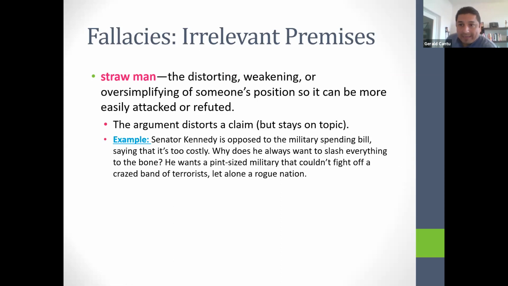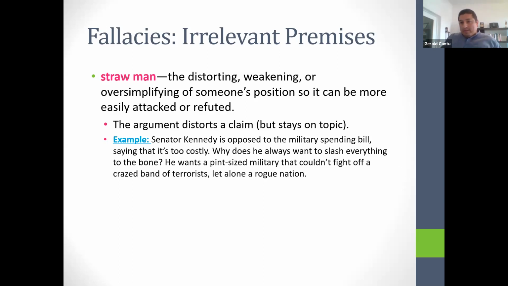Okay, now a straw man, it's related, but it's a little bit different. So a straw man is where you stay on topic, the person stays on topic, but they actually provide a distorted set of considerations for a conclusion. So what they do is,